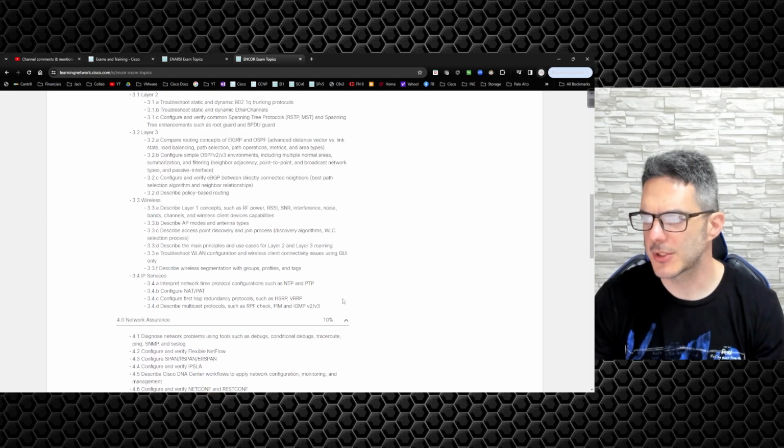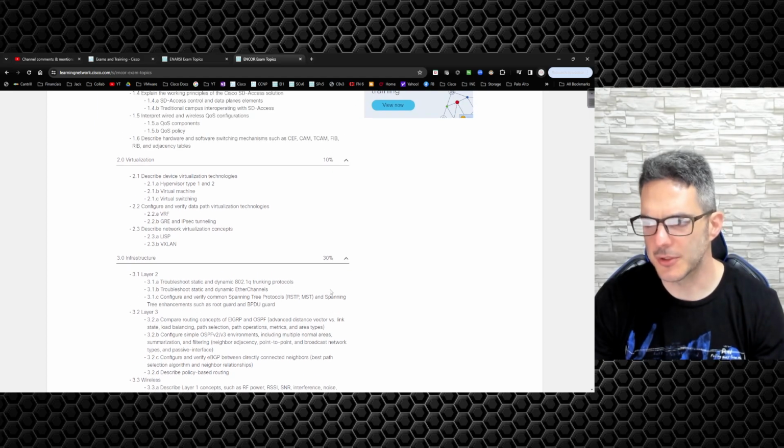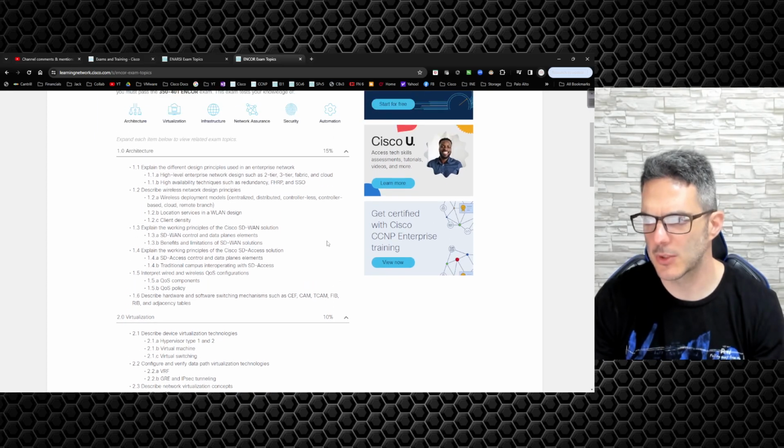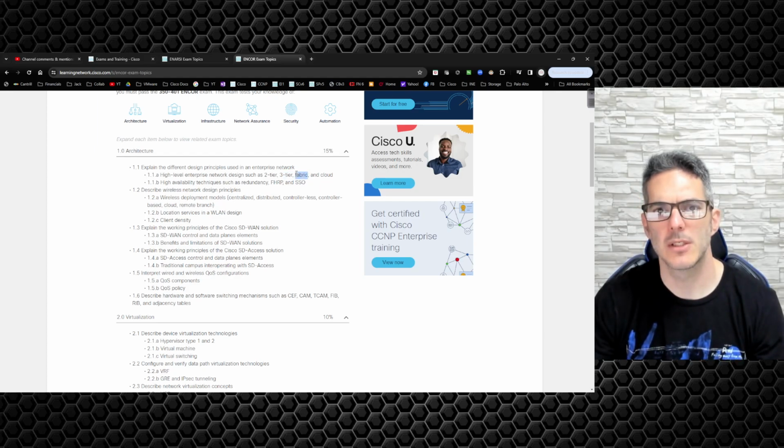If you took the chunks of what's here in the Encore exam for doing your typical enterprise design for a 2 or 3 tier fabric. So when they say 2 tier, 3 tier, and then fabric simply means either an SD access fabric or a data center fabric.